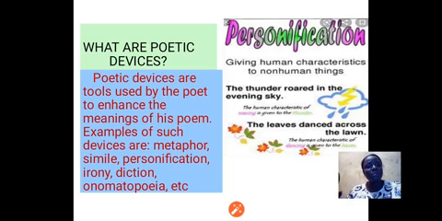So these are examples of personification, and it is one of the devices that a poet will make use of to make his poem come out alive, to make it very beautiful. So instead of just saying, for instance, that Bola's shoes are worn out or scattered, a poet can decide to use the line, Bola's shoes are laughing. And by the time you imagine, it gives you the ability to imagine a scattered shoe more. Alright, so that's what I mean by poetic devices. Those materials that a poet is going to make use of in the course of writing his poem are what I would call poetic devices.